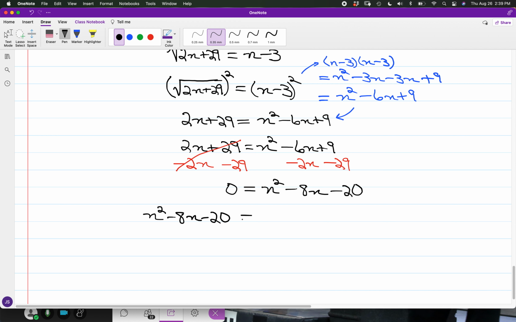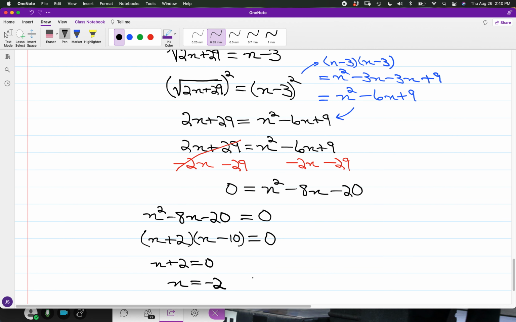And just re-expressing with the variable terms on the left and 0 on the right. Okay, I have a factorable trinomial expression. So we have an n squared going to n times n. Then we have factors of -20 whose sum or difference will be -8. And upon setting each of the factors to 0,